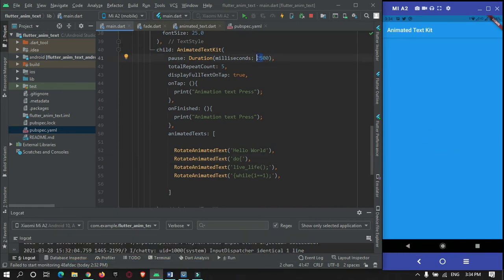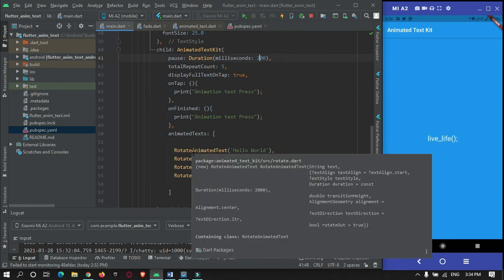So I can make it 20 milliseconds. Okay, as you can see, the advantage of this library is you can add more than two animation effects.